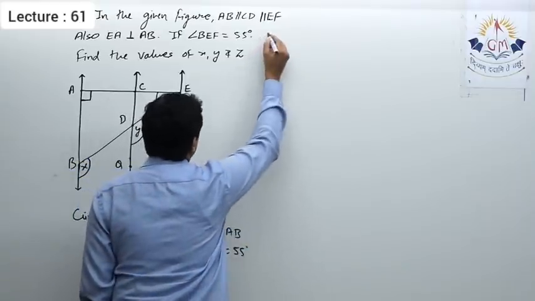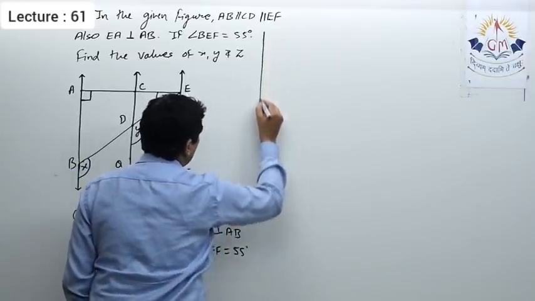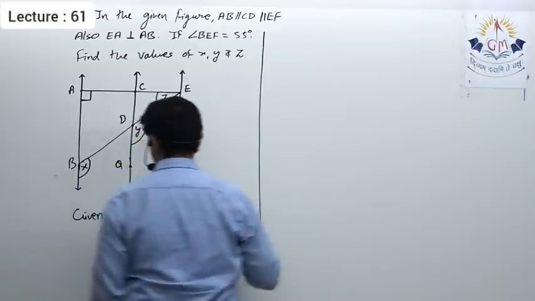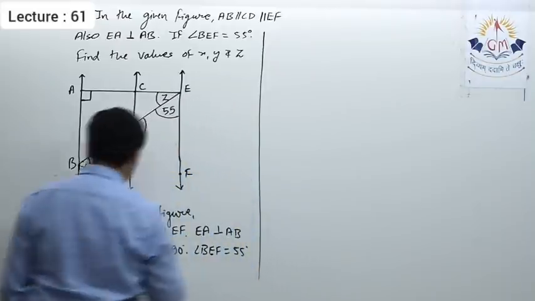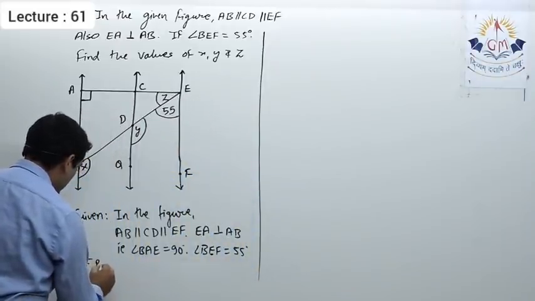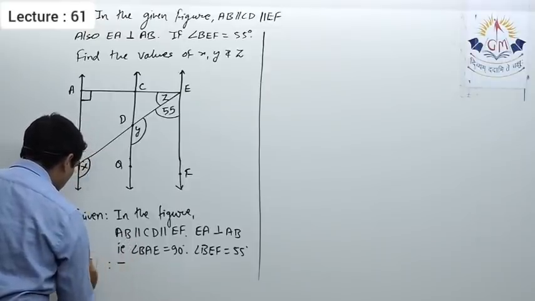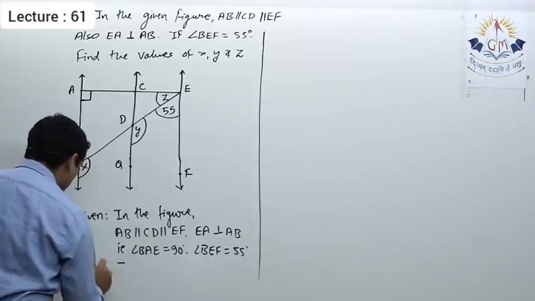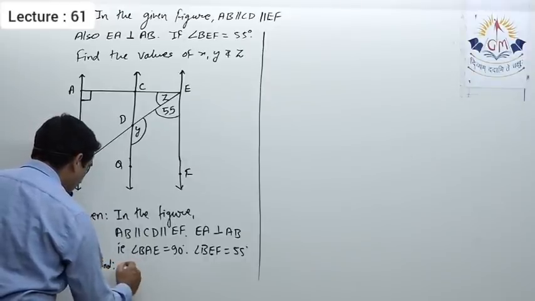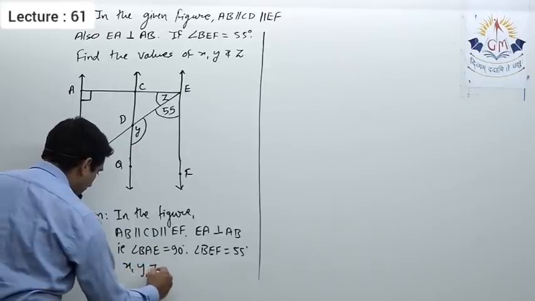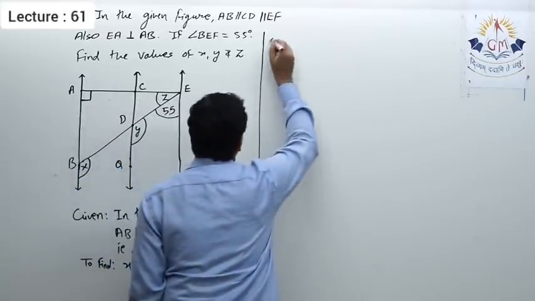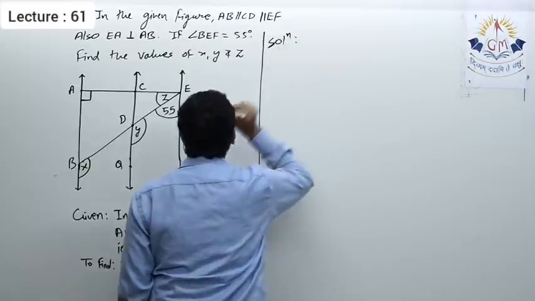So now we'll see how to get the values of unknowns. So that is given. To find, here I am adding that section. It's not to prove, it's to find. What we have to find? Values of X, Y and Z. So let us see over here its solution.